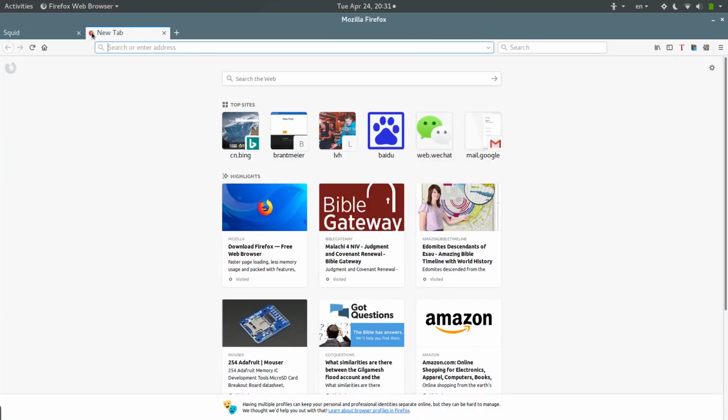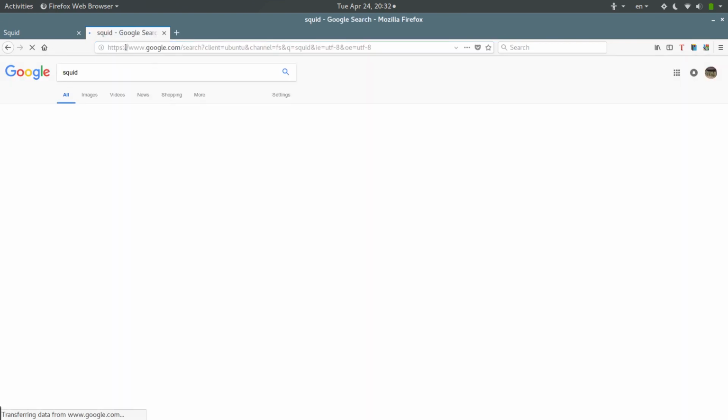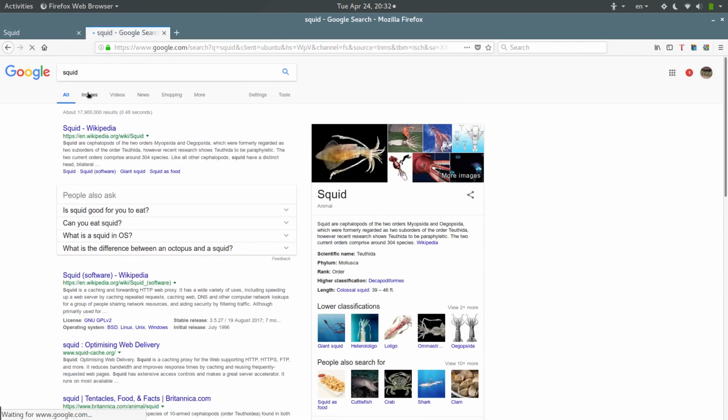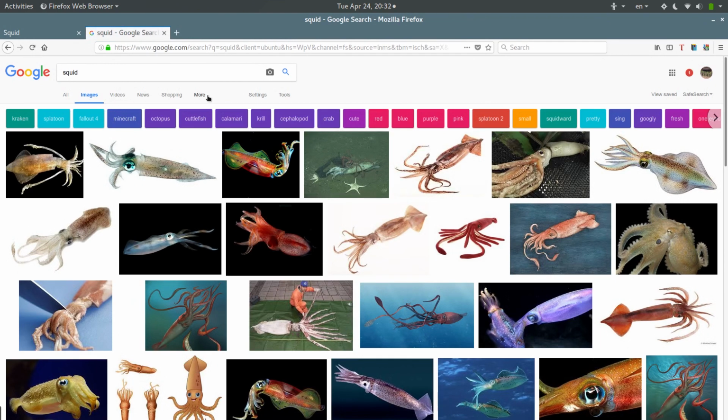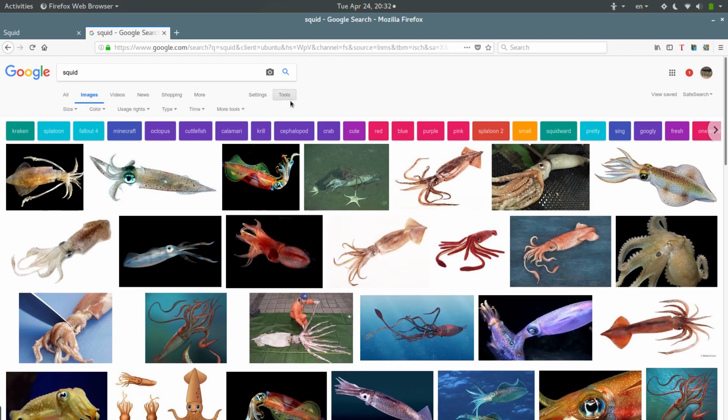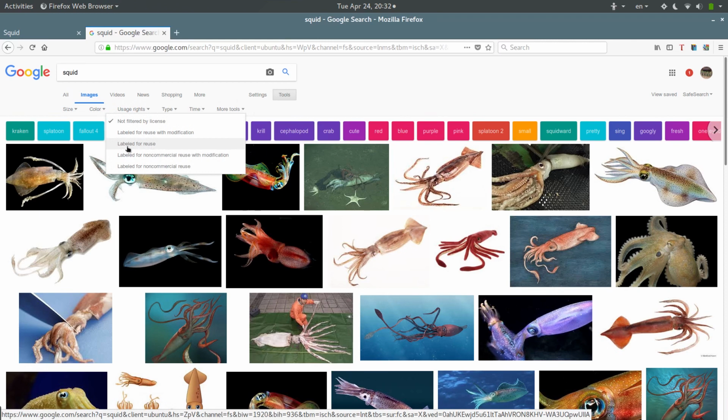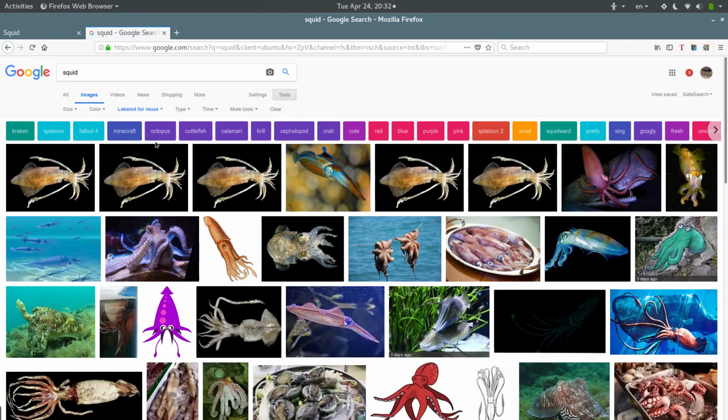Actually, another little trick that I can show you real quick for finding images is if you go onto Google Images, say I want to find pictures of squid, we can come over here to Images, and if you go under More here, or Tools, you can find this Usage Rights, and if you click that, you can see labeled for reuse,